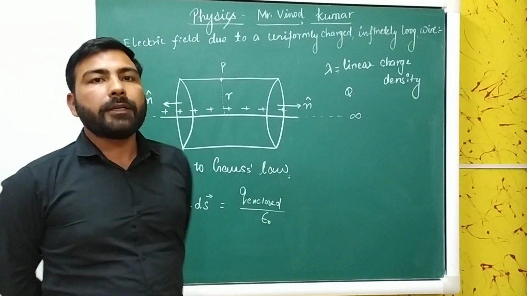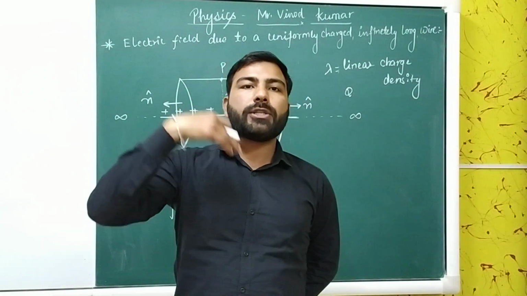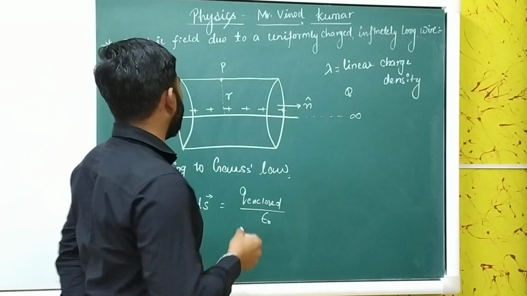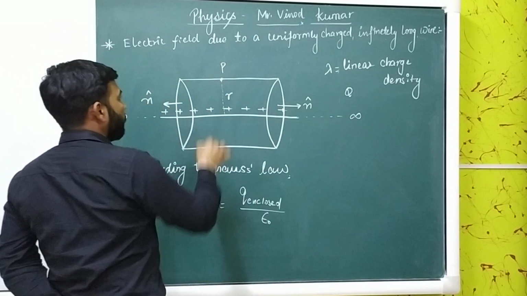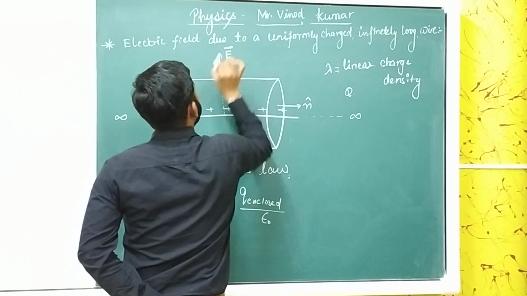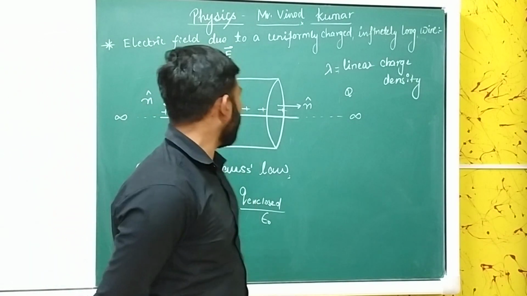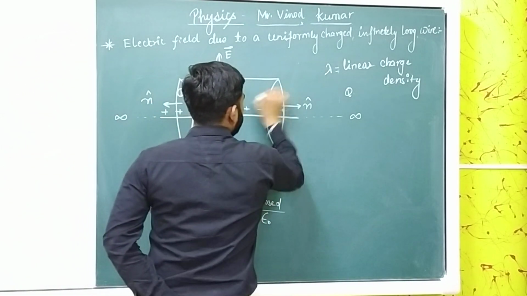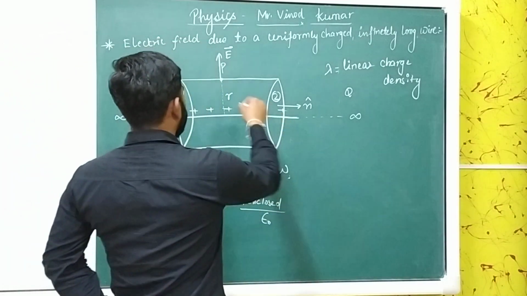As we know, the electric field due to a positive charge always points in the outward direction. So the electric field due to this line of charge will be pointing in this direction, because it is radially outward. Now let us name them. This surface is the first surface, the circular surface on the right side is named 2,